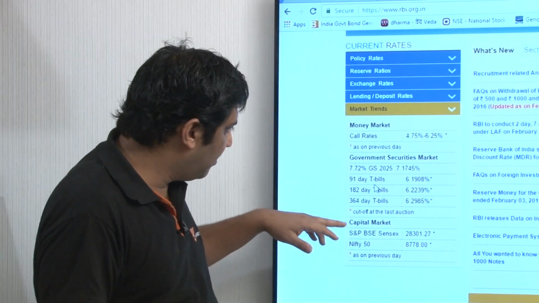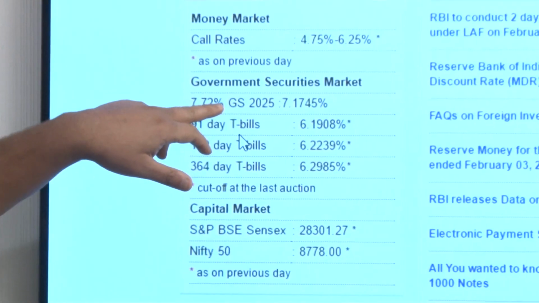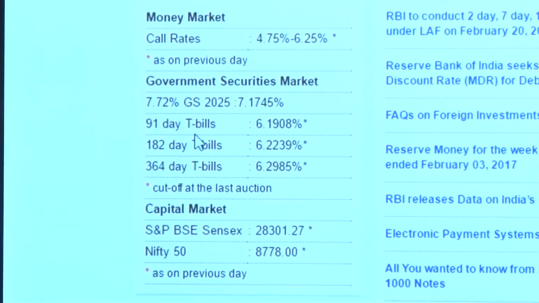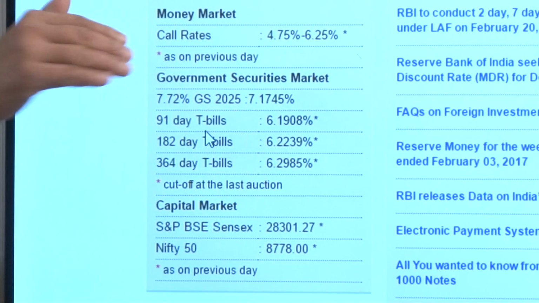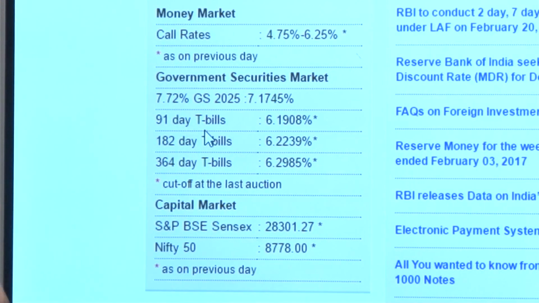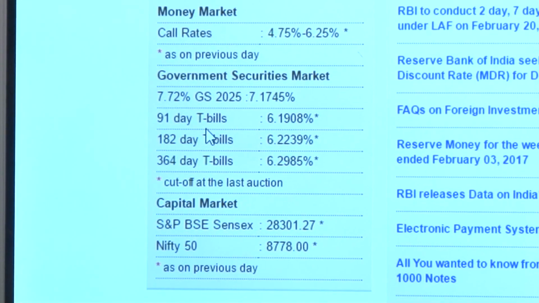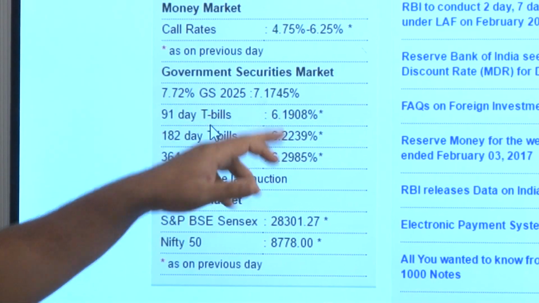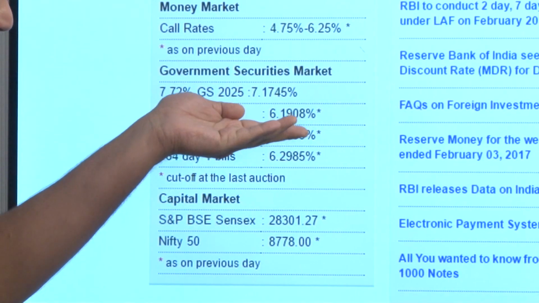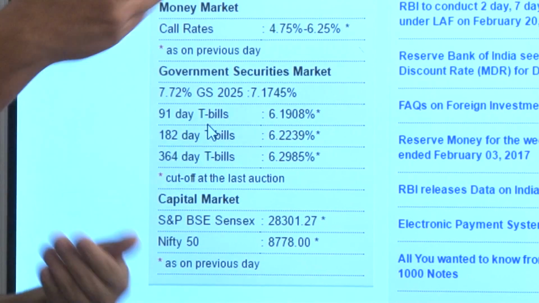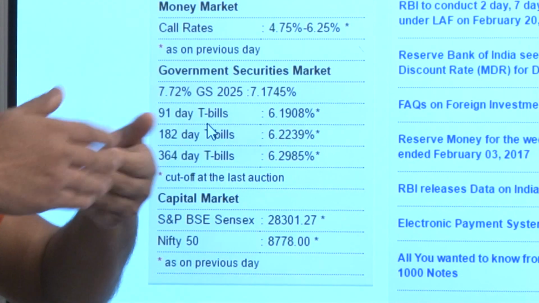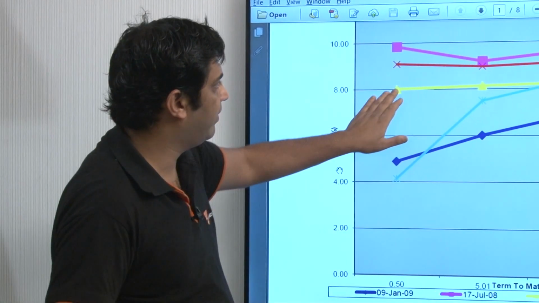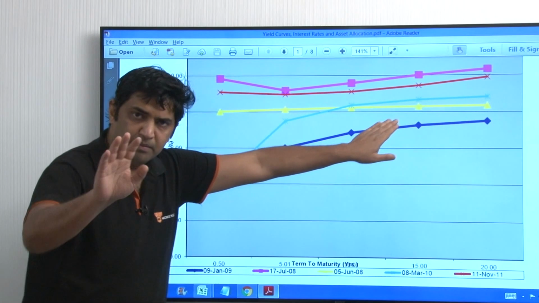You go to the 7.72 GSEC 2025. GSEC stands for government security. 2025 is when it is maturing. We are right now in 2017. So another 8 years from now, it is at 7.1. So 6.5 today and 10 years later 7.7. So it's almost flat. So this yield curve which is getting formed is similar to the yellow one, but